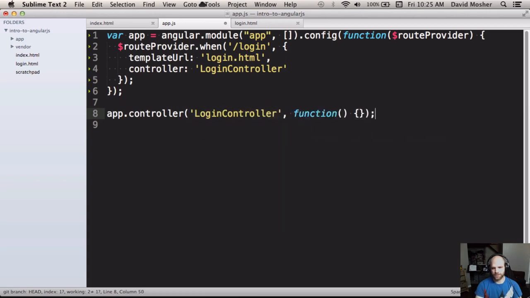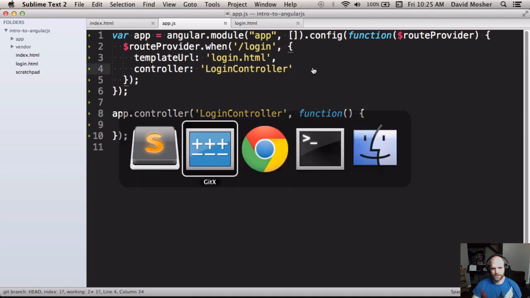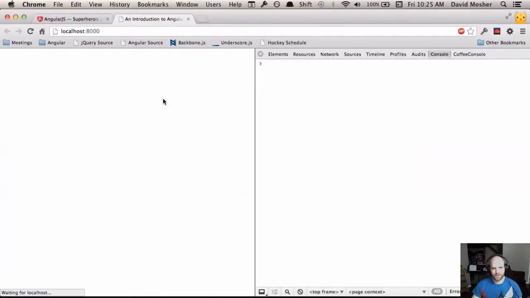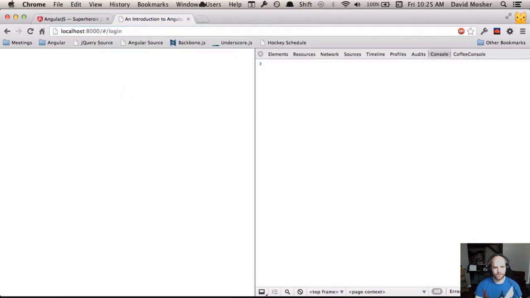And it's just going to be a function, and it's not going to do anything magic right now. We need the controller so that when this route gets hit, Angular will instantiate the controller and we won't get an undefined error. So let's take a look. So nothing happens, and if I go to login,